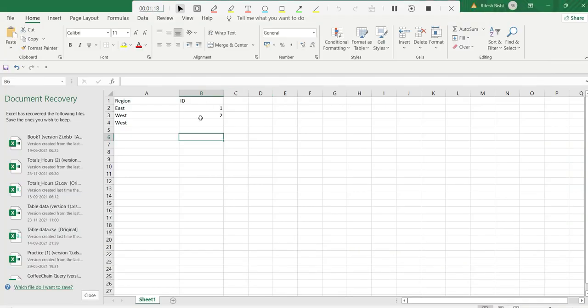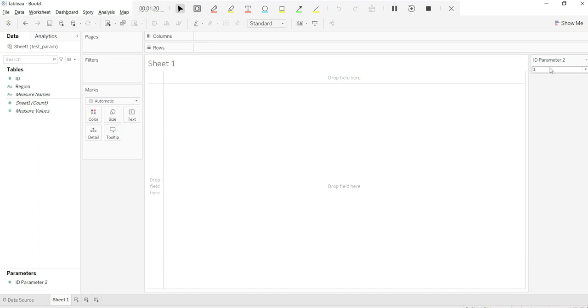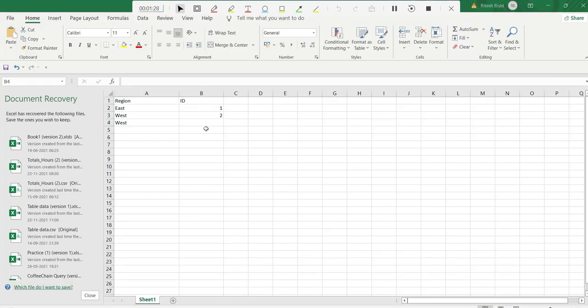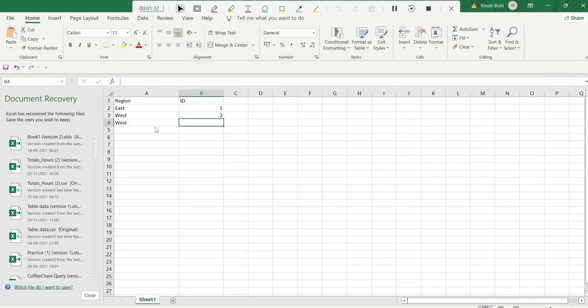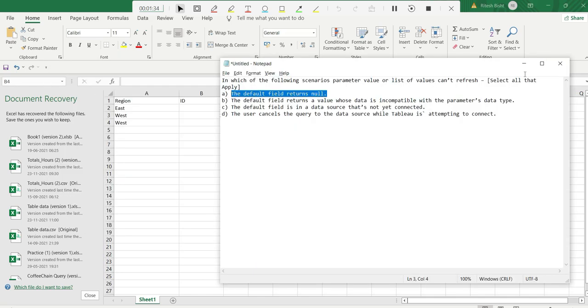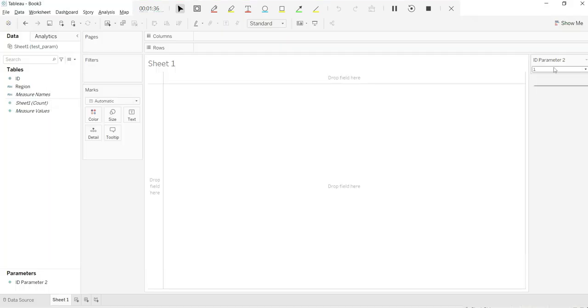So if I turn any one row to null, it is getting refreshed at least. I don't see that it is not getting refreshed. The default field returns null. So if it returns null like this, I can refresh it, meaning I can see 1 or 2 there.